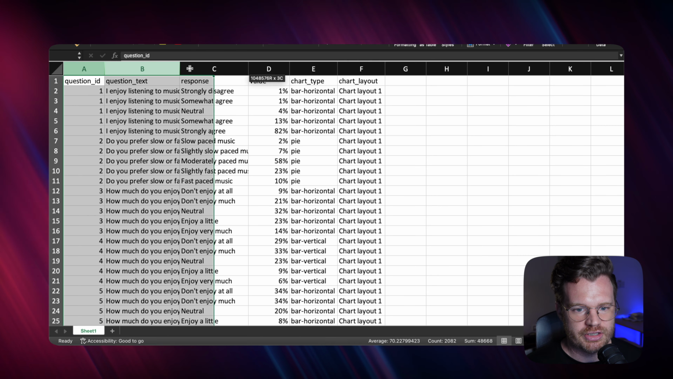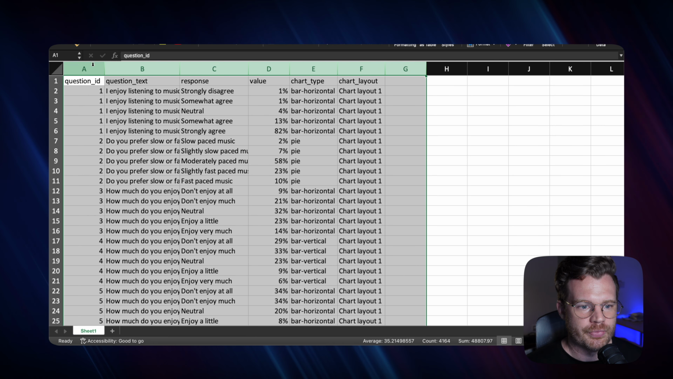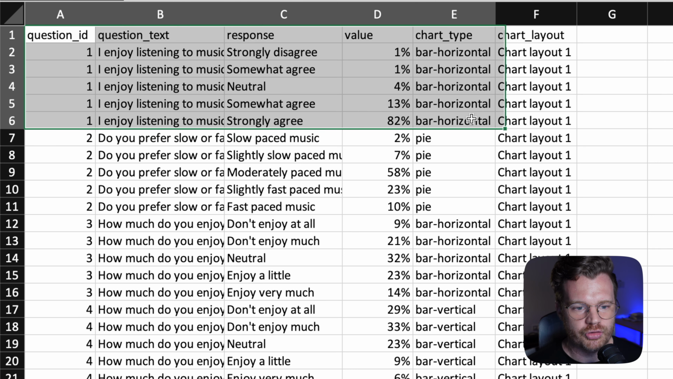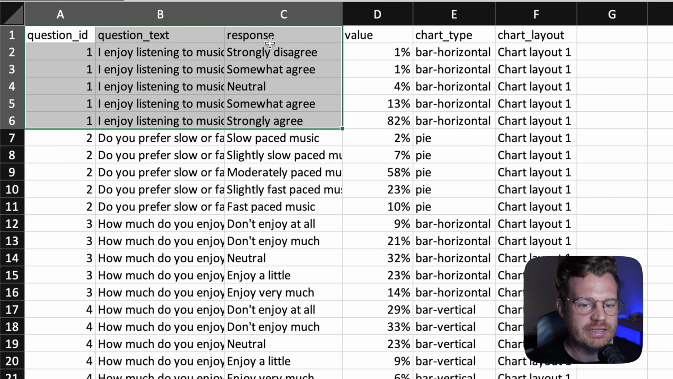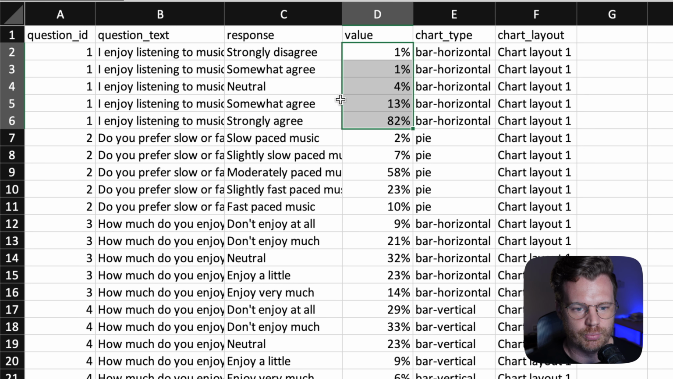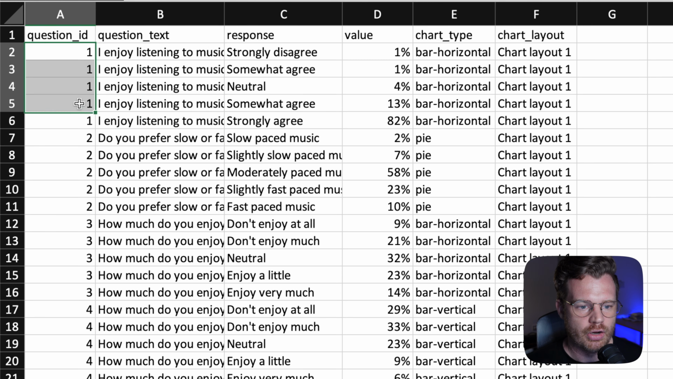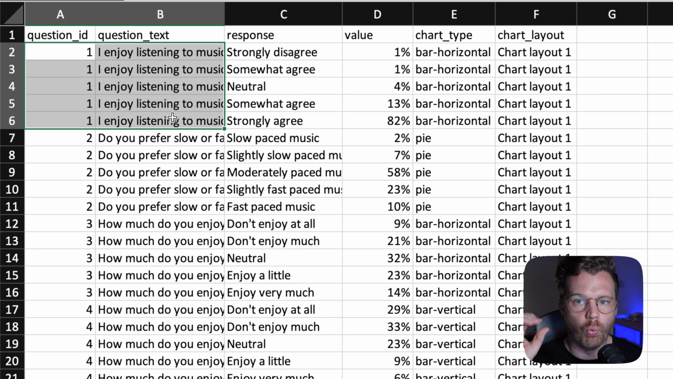So let me just quickly explain the different columns here. The first column is essentially just a question ID. Now, you'll notice that there are multiple rows for one question. It might seem a little bit redundant, but I need it to be in this format because I need to be able to spread my response values across multiple rows. So this is just able to tell ChatGPT and the script that all of these rows relate to one single